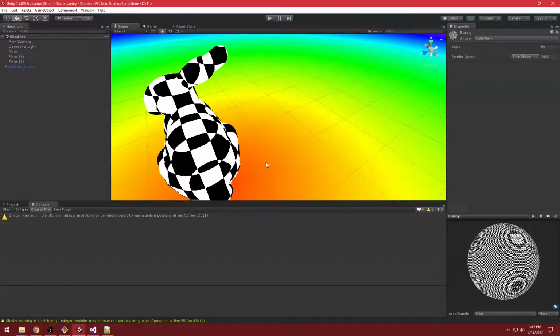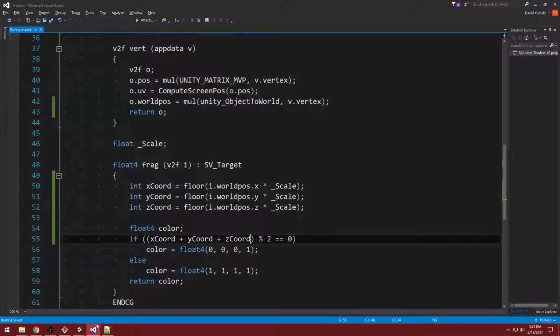So now that we have this checkerboard idea, let's do something cool. Let's make these little spheres inside of each checkerboard and texture the bunny with those. For this, all we have to do is take our 3 coordinates, and we need to sort of translate our coordinates overall into those tiny little cubes. So